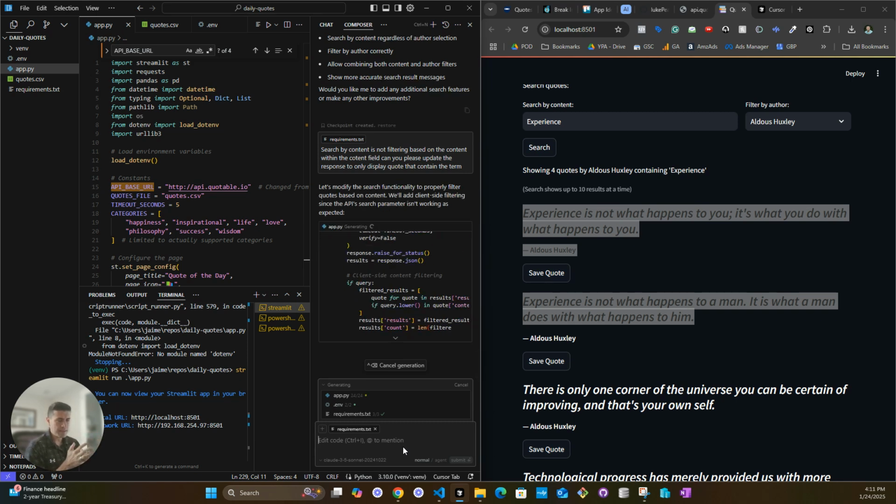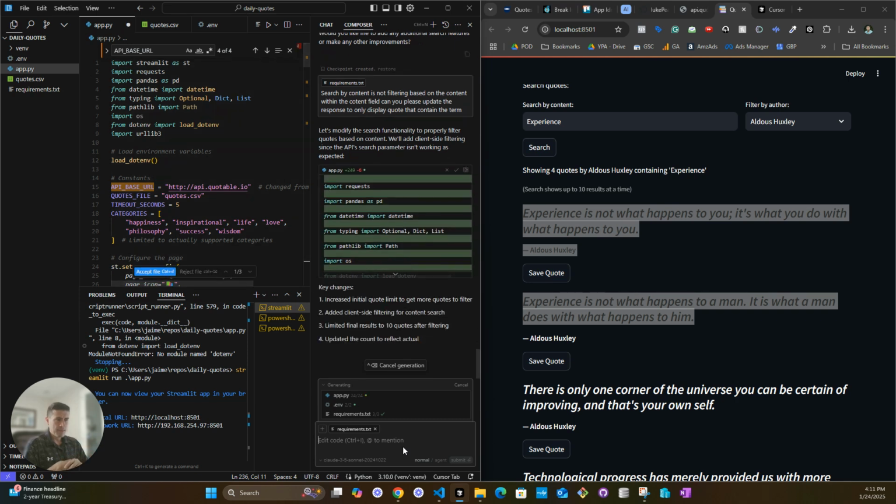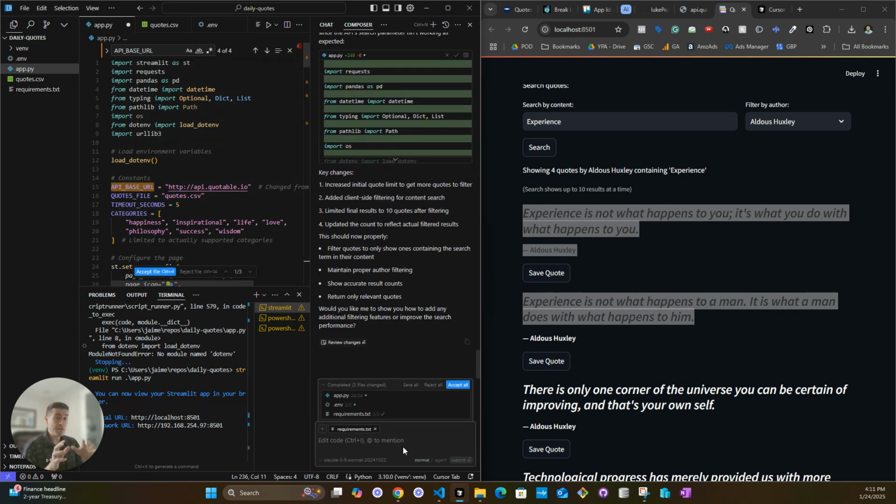So all I'm doing here is showing you what you can do with AI. Like right now, there's no need for you to have experience writing code. The AI is writing the code for you. I know that it's probably not going to be the most optimized or the most secure code, but it is just showing you the possibilities of what you can do and what you can build using artificial intelligence, okay?